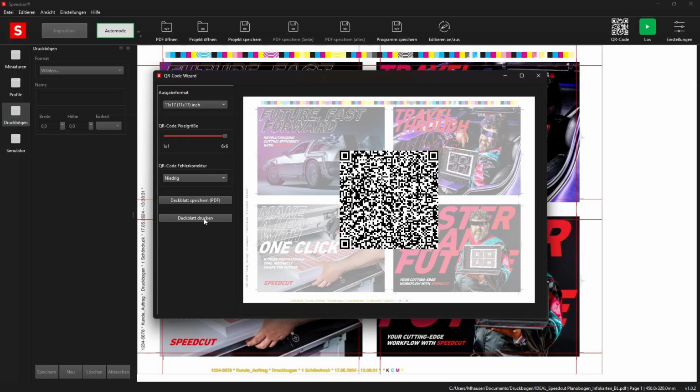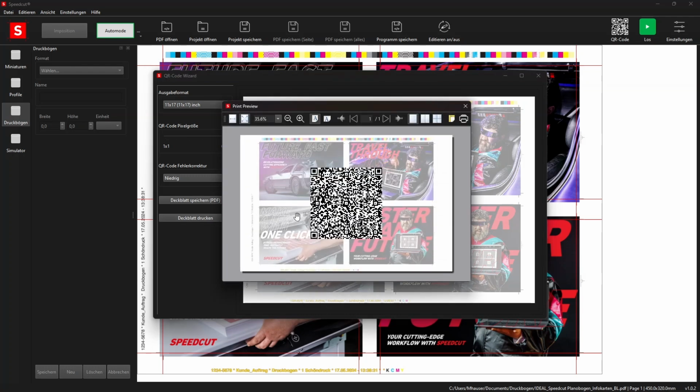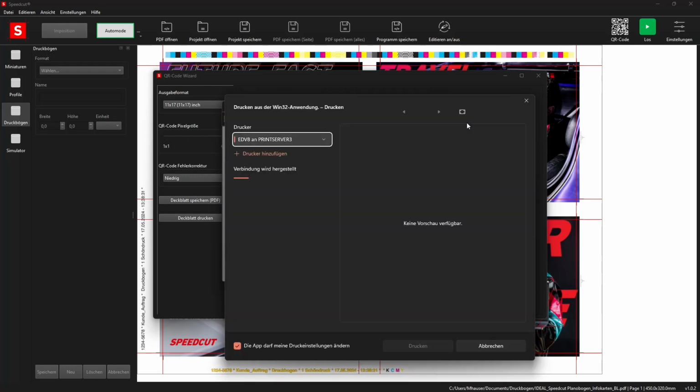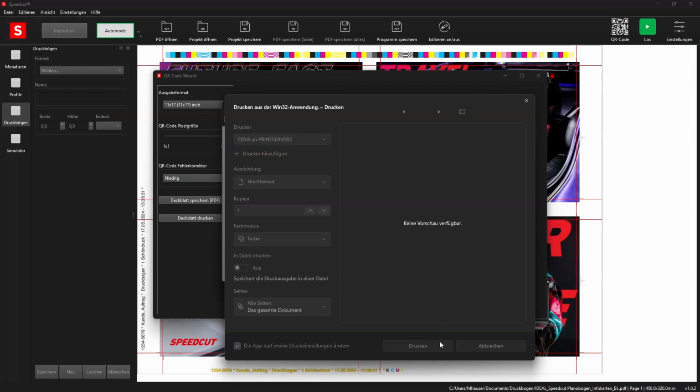In the same bar, you can also set the paper output format. Once you're happy with your settings, print the cover page. Scan the QR code on the cover page directly on the cutting machine, and the cutting program will load